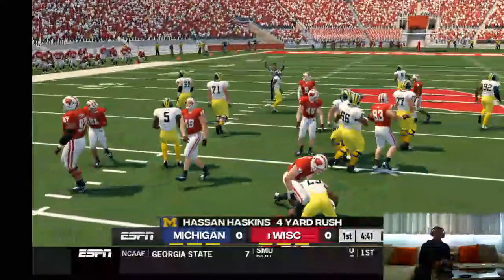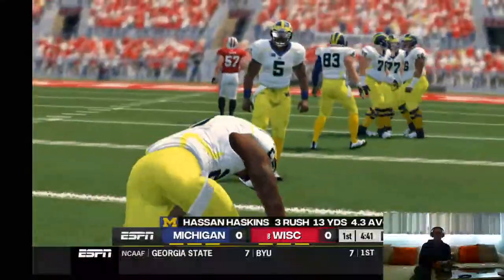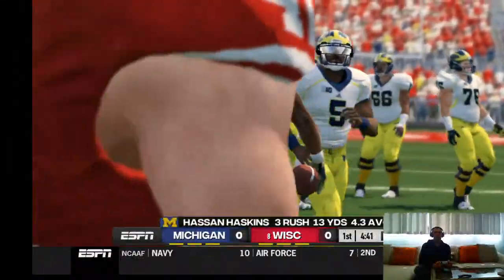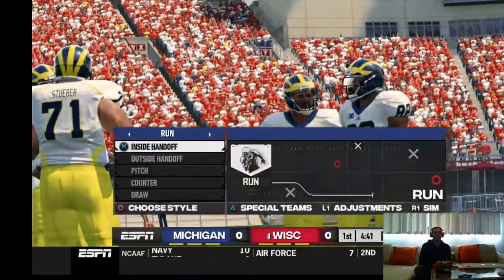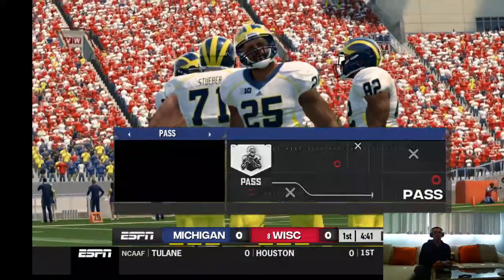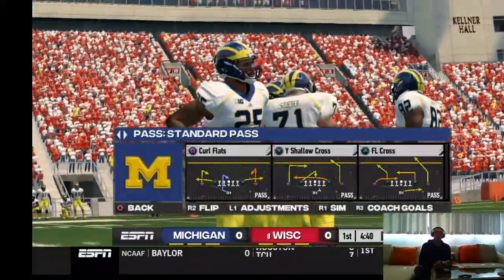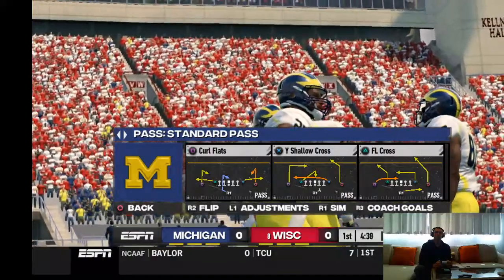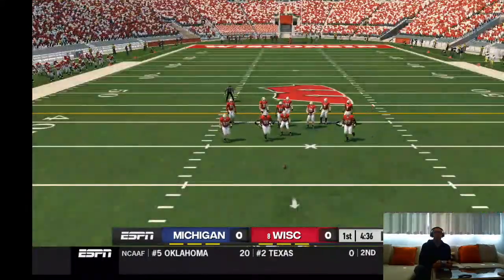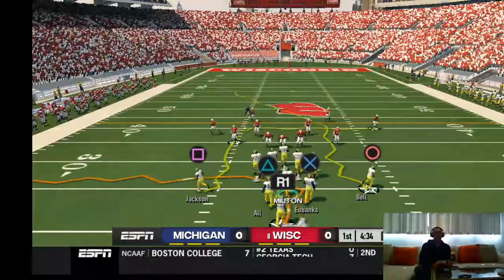Nice run there. 4 yards on the carry, important for the halfback, and it's there on good road for the 1st down. Well, the important thing is they were able to pick up the 1st down, and they're really starting to show how much they're relying on this halfback to do all of the work, and right now he's looking pretty good. From their own 32-yard line, it's 1st down.